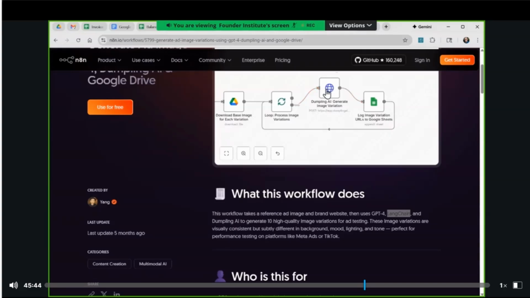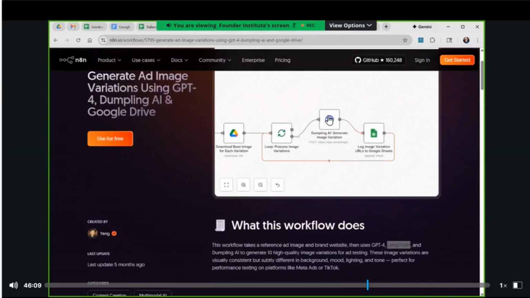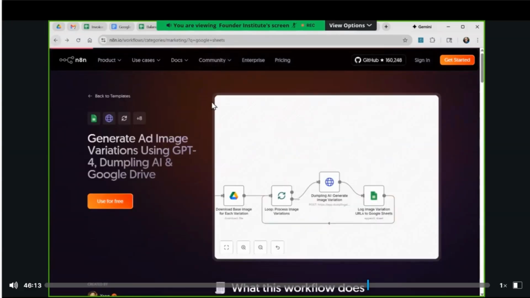Then Dumpling AI. So if I use Dumpling AI, that's going to cost, right? Right now I have Nano Banana 3 with my business account for free. And so why not? Why use the Dumpling when I can do that? But the reason it's free here in this template library is because Dumpling created it, and they want you to use it. Okay, no offense, but